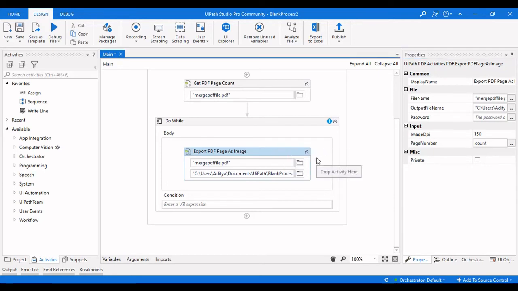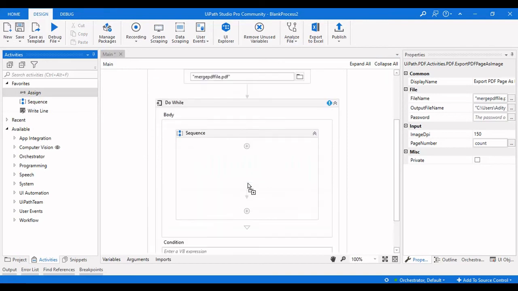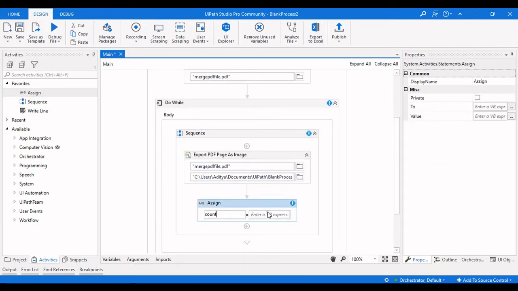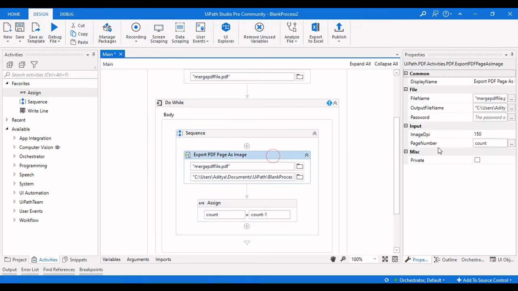So I need to decrement this particular count value. I will make a count, and then I will take the count -1. It will decrease the count value by 1, and take the count as 7. So it will export the 7th page as an image, and then later on 6, 5, 4, 3, 2, 1, and then the count value will be 0.